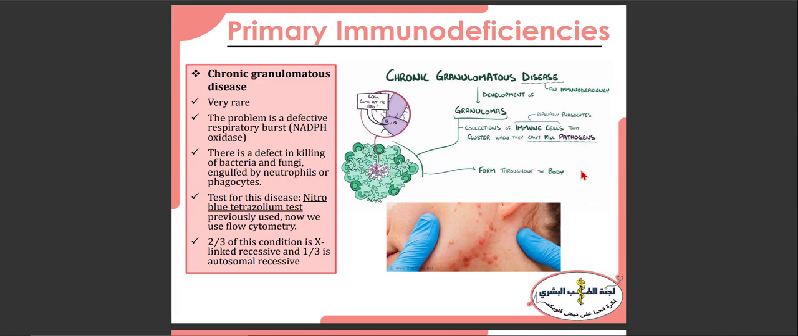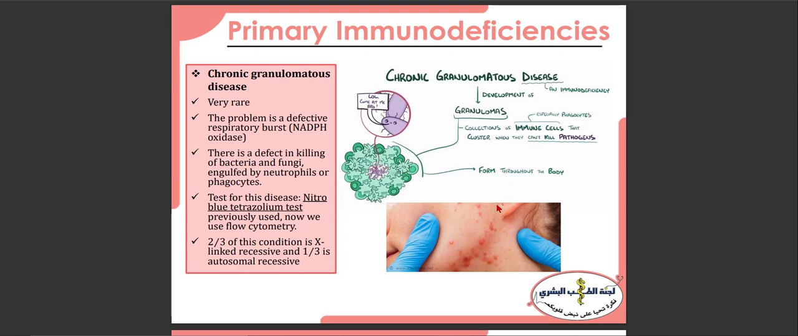طب ليش these immune cells cannot kill pathogens? Due to a problem in respiratory burst. What is respiratory burst? It is that process responsible for releasing of reactive oxygen species like superoxide anion and hydrogen peroxide, especially the NADPH oxidase enzyme that is present in phagocytes like neutrophils and macrophages, responsible for killing the pathogen